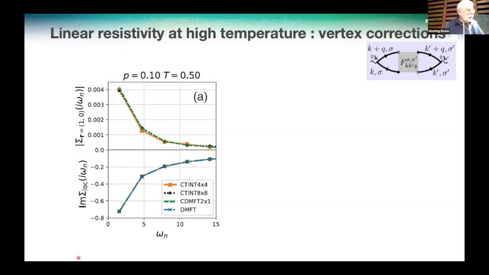Okay, this one stays. So you see all the methods agree for what is the local self-energy. And if you look at the numbers here, the first nearest neighbor self-energy is much, much, much smaller. And so from this, you would say that vertex corrections are small, but in fact,